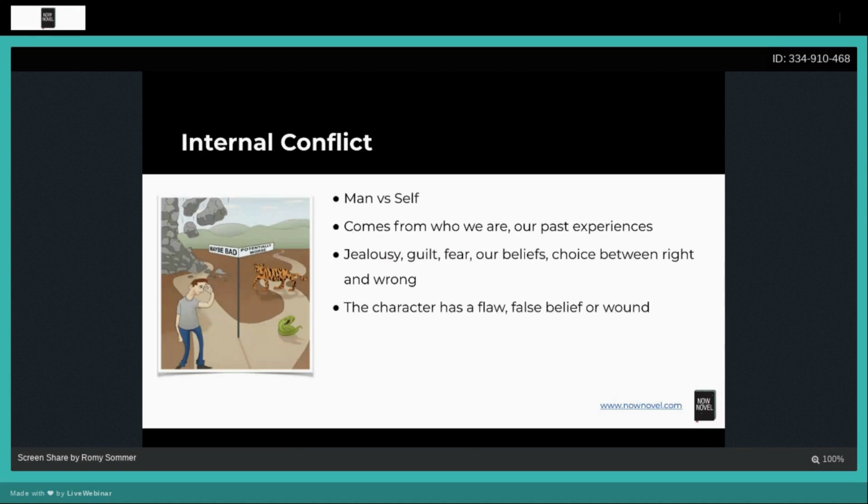This is where, and I touched on this when I did the character arcs webinar, your character needs to have a flaw, a false belief, or a wound. And by having one of those, that gives them the internal conflict that needs to then relate to or react to the external. So, for example, going back to Terminator 2,